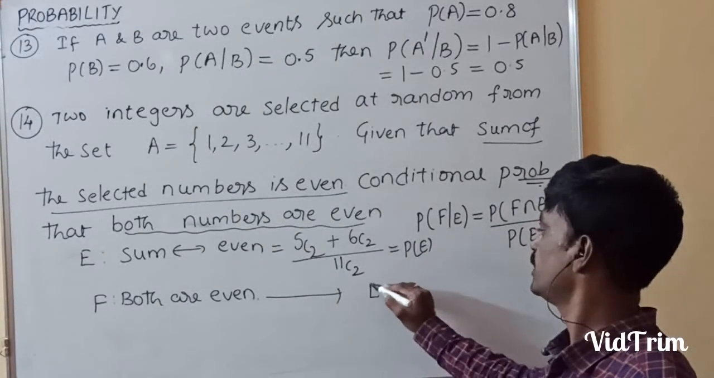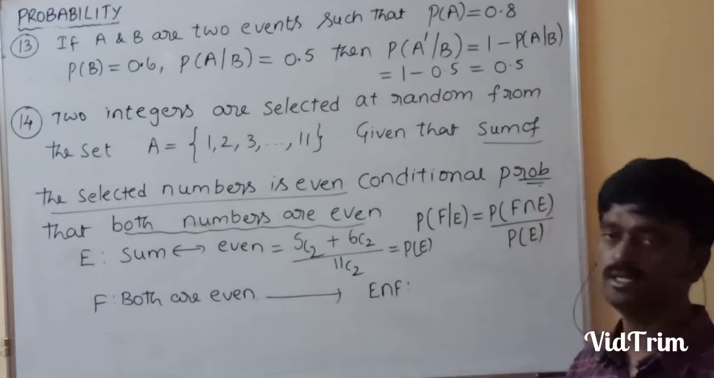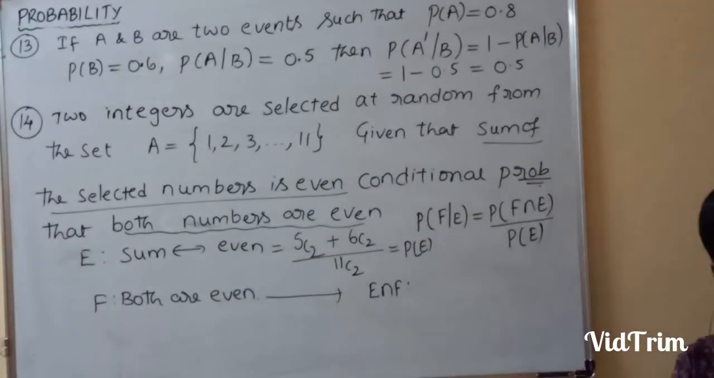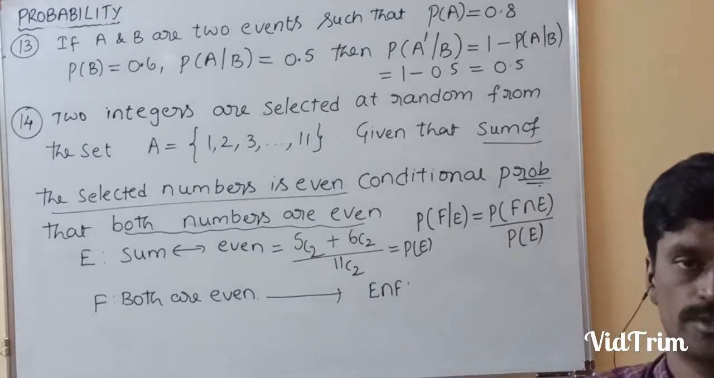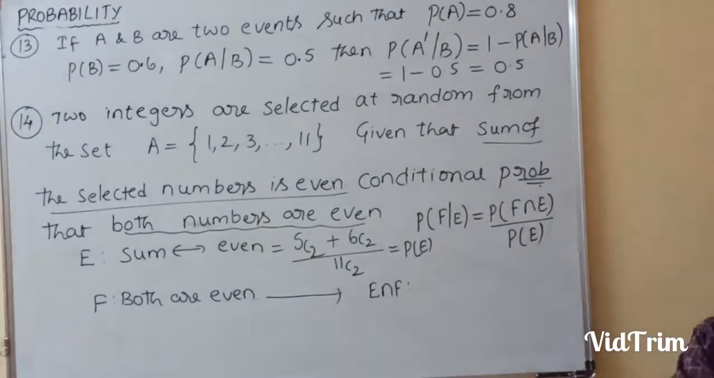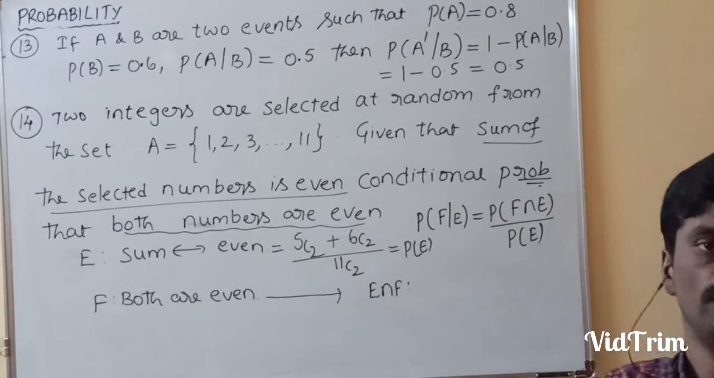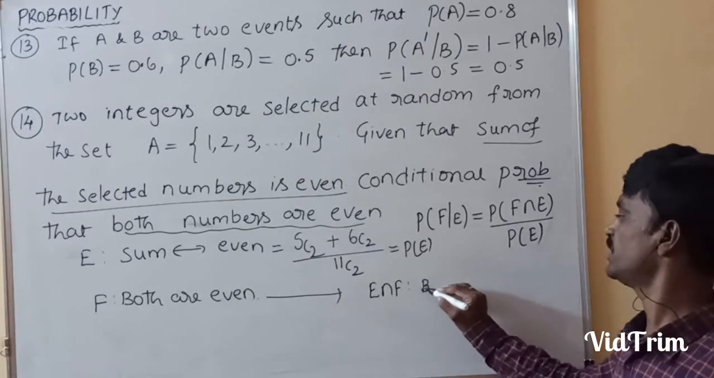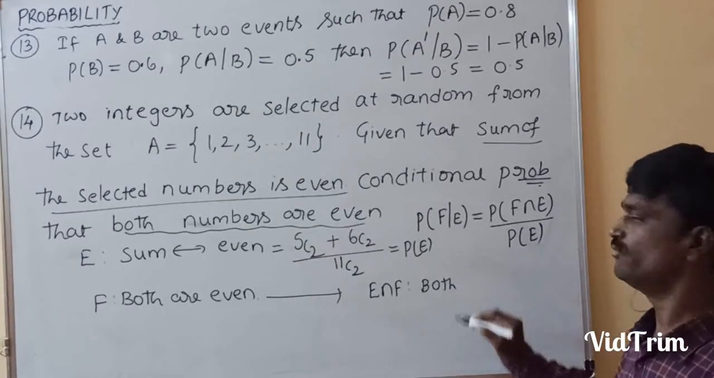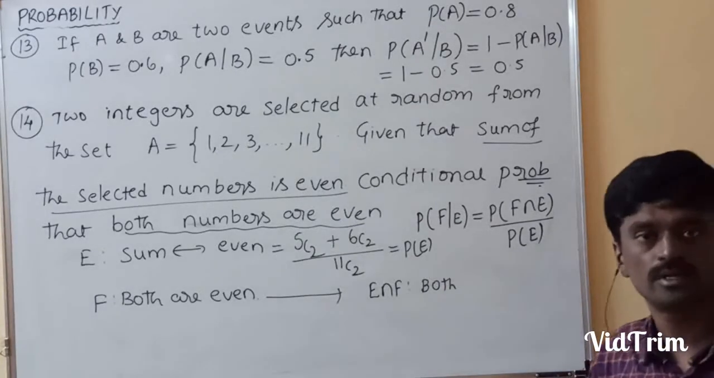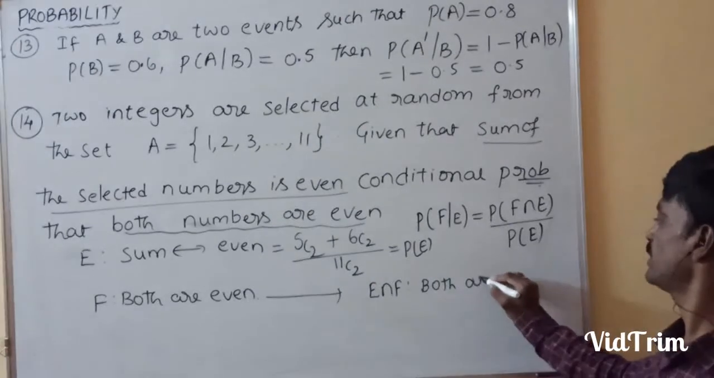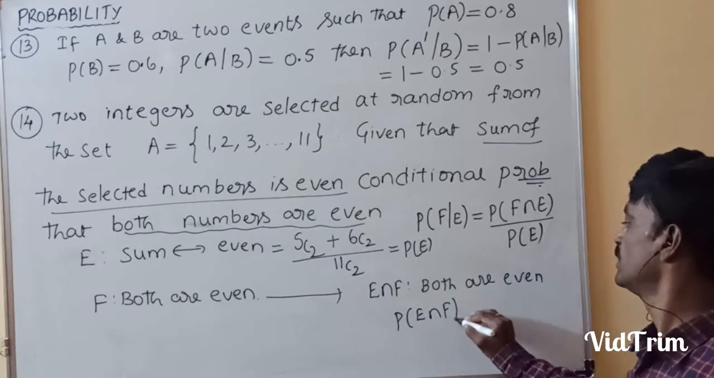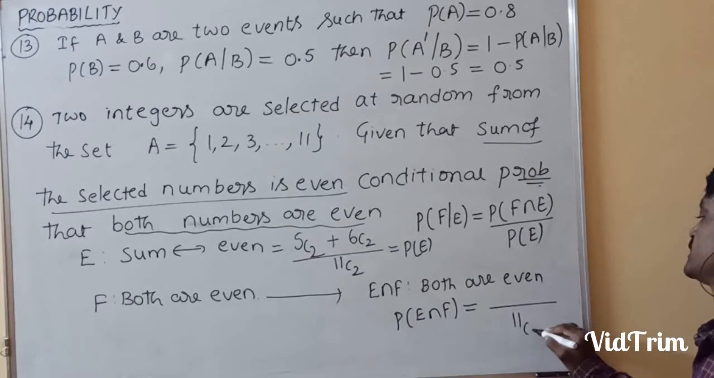Okay. Next, I am calculating E intersection F. What is the event? Event E is that whatever two numbers we select, both are even or both are odd. And F happens when both are even. Then for E intersection F, what is the common thing in both events? Both are even. So the E intersection F event will happen when both selected numbers are even. So the probability of E intersection F is, with total outcomes 11C2,